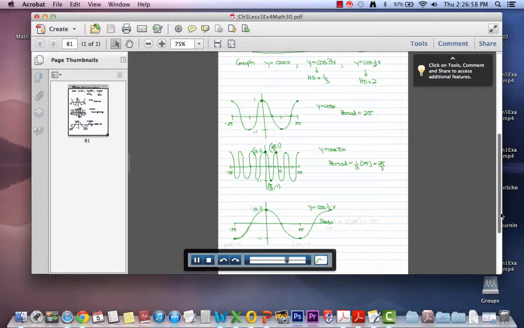We said it's the horizontal stretch by a factor of 2, so the period is not going to be 2 pi anymore. It's going to be 2 times 2 pi, which is actually 4 pi. So if you're doing this question on a test, you may want to get a larger set of axes to draw it, because it's still going to go through 0, 1, but it won't even get through a full cycle by the time it gets to 2 pi. It'll only be halfway through a cycle. And so it'll look something roughly like that as you go to the right,